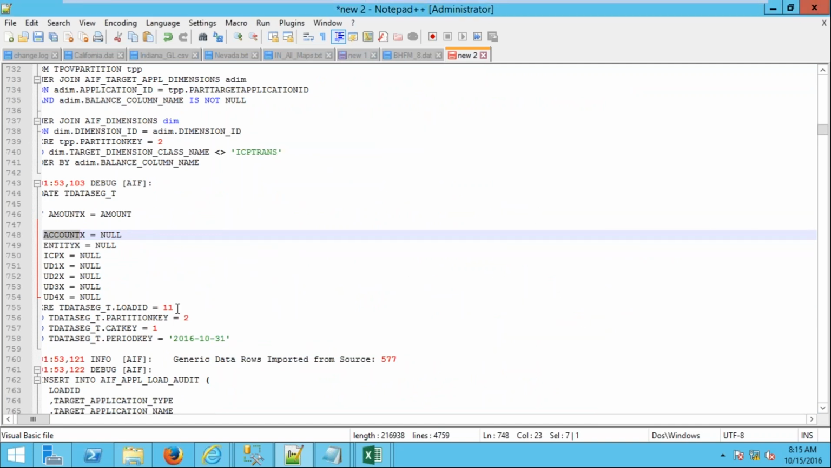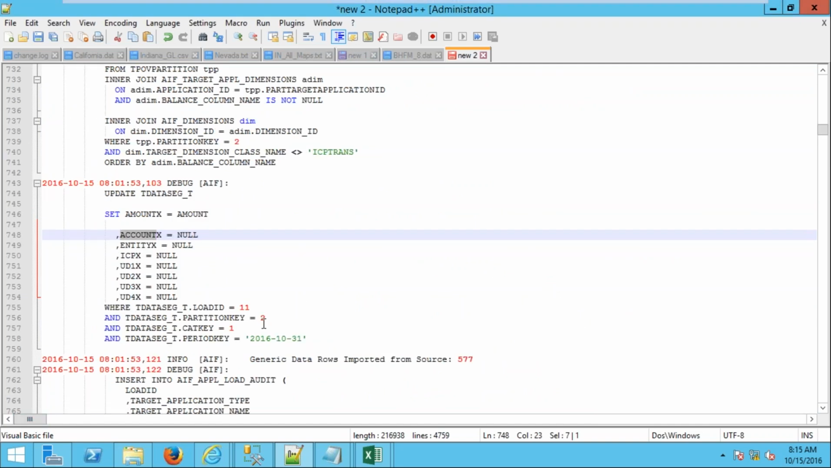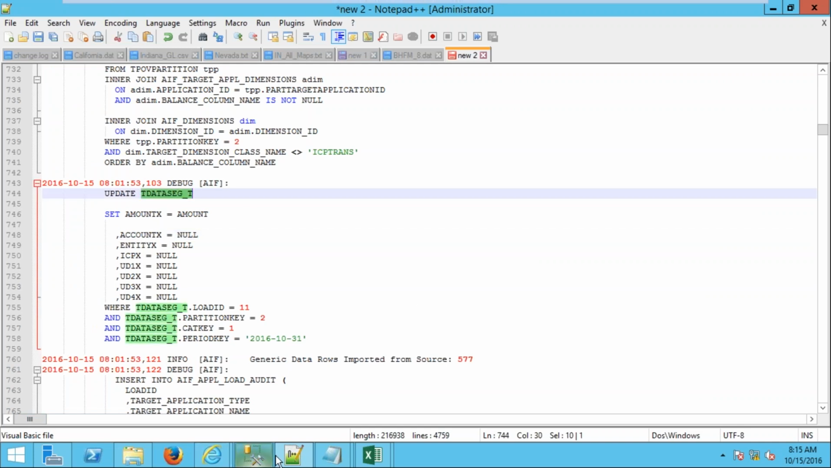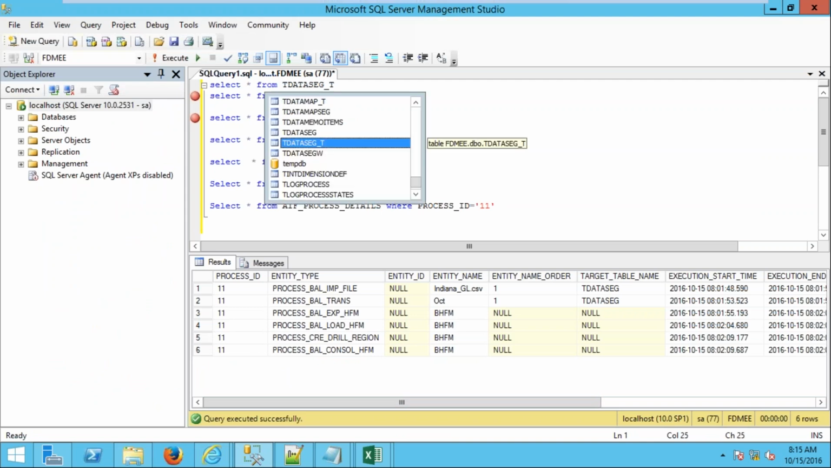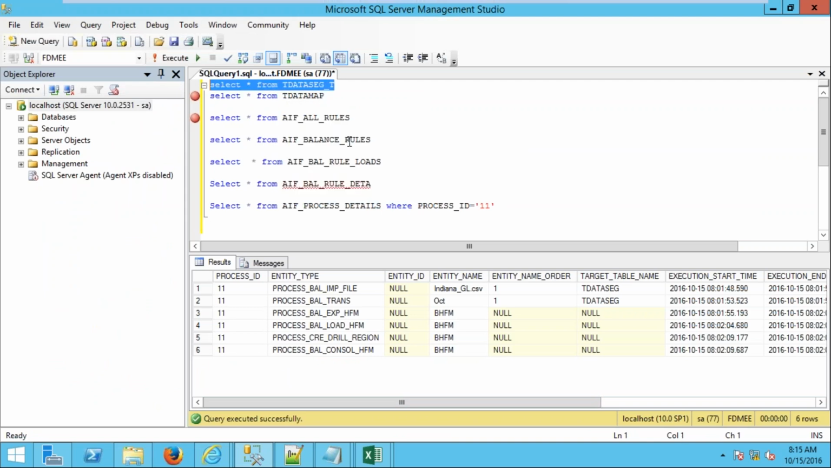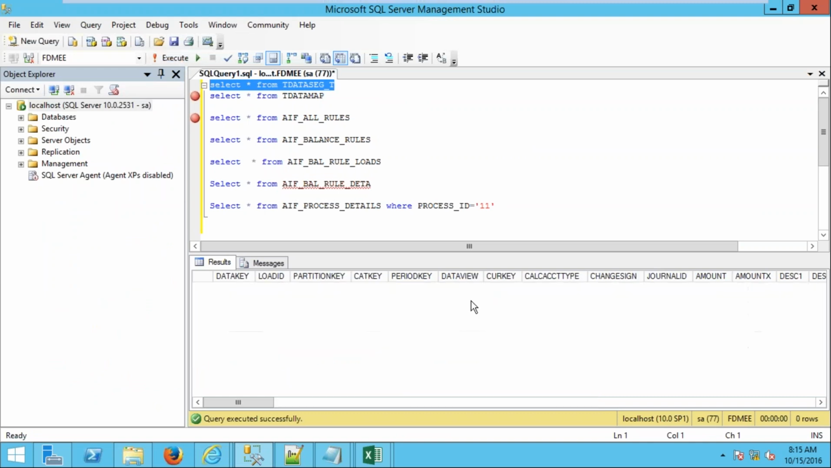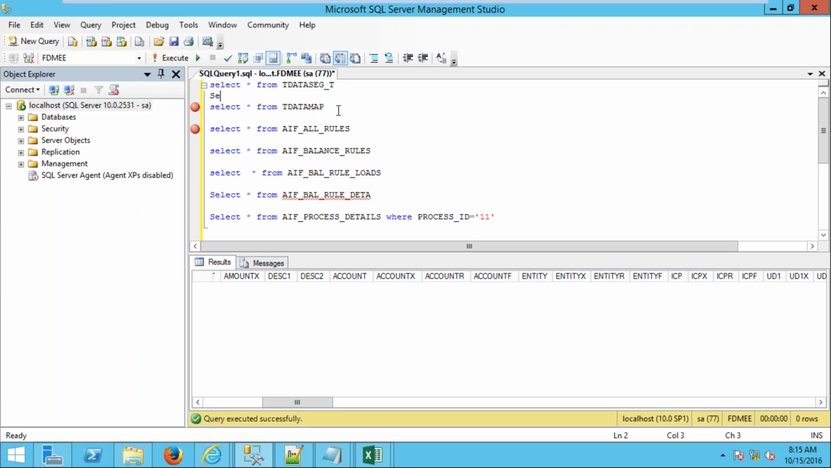Okay, here. So first it is updating the TDATASEG_T table. That is a temporary table where you can maintain data. This is one of the tables used while executing the data load process. It will be populated with the values first. So it will be truncated at the end of the process. It is a temporary table, TDATASEG_T table, and the main table would be